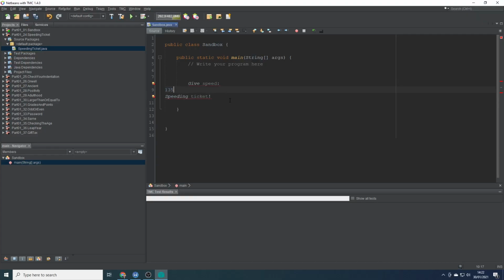So we need to firstly start with a prompt. We're going to use our System.out, and we are going to say "Give speed", with a capital G and everything else lowercase. Perfect. What we're also going to need is somewhere to store the speed and some way of accepting that